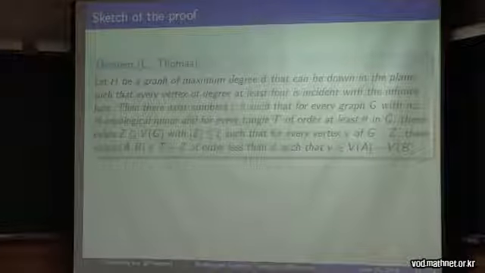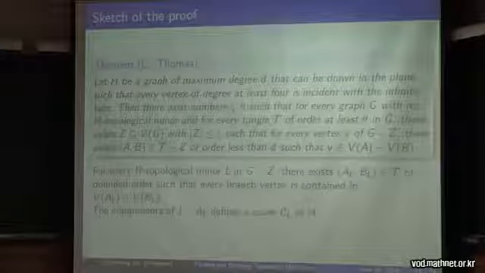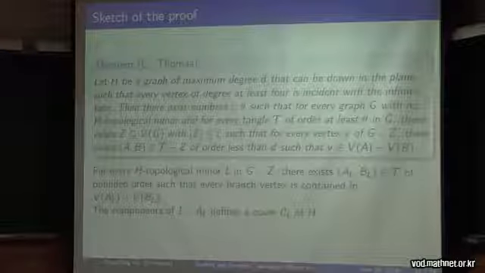Okay, so now I want to apply this to our case. My graph G has no k pairwise disjoint H topological minors. So it means G does not contain the disjoint union of k copies of H as a topological minor. And the disjoint union of k copies of H still can be drawn in the plane such that all vertices have degree at least 4. So I can apply this theorem. Now I delete a bounded number of vertices. Then for every remaining vertex, I can find a separation. If I delete this set Z and I still have an H topological minor,